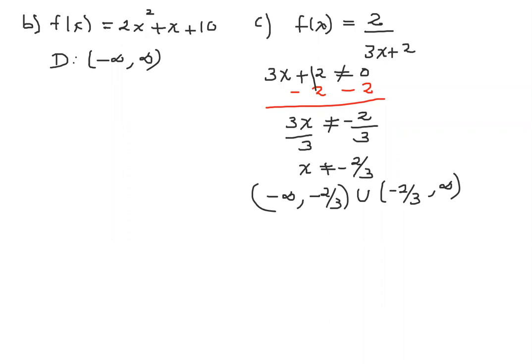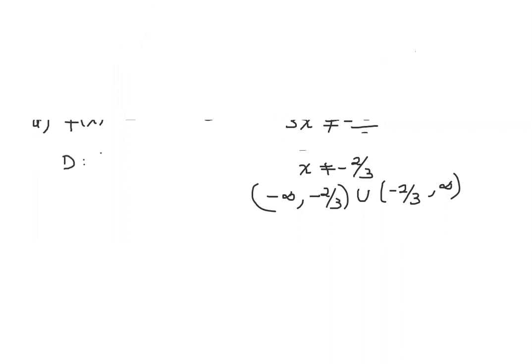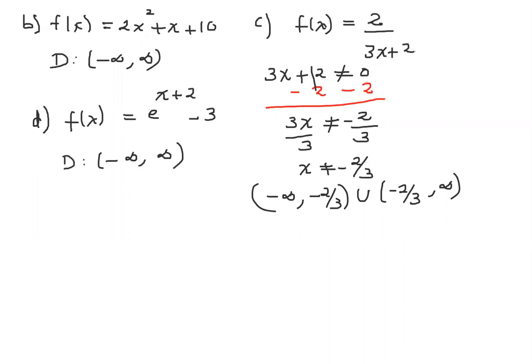And part D, we are given f of x equals e to the power x plus 2 minus 3. So for any exponential function, the domain is always going to be negative infinity to positive infinity. The last one, f of x equals